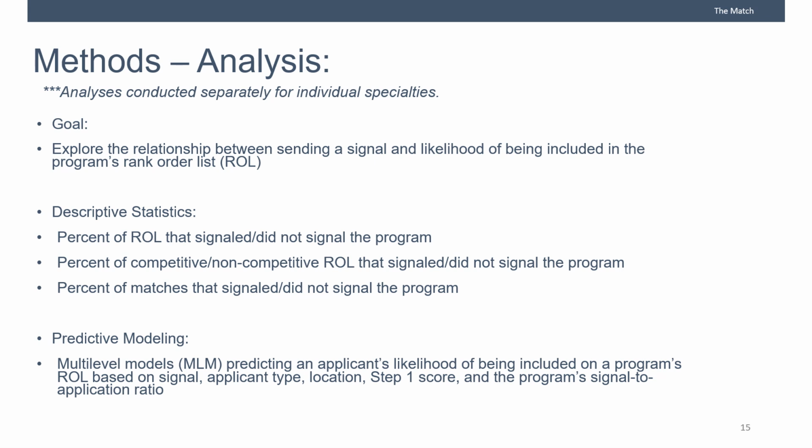For our descriptive statistics, while we will be focusing on one outcome of interest for the predictive modeling presented today, we will be presenting descriptive statistics for all three outcomes to help you contextualize the data and to start to give you a flavor of what we're seeing for our two other outcomes. In terms of predictive modeling, after we've presented on the descriptive findings across all three outcomes, we will drill down into our RAL inclusion outcome using predictive modeling for the conciseness and clarity of the findings. We utilize a multi-level approach, predicting an applicant's likelihood of being included on a program's RAL.